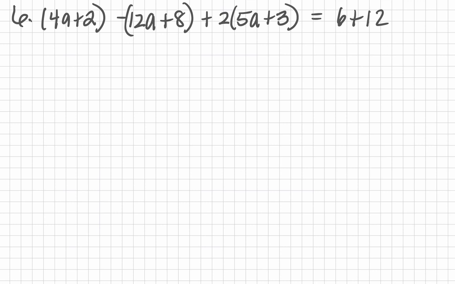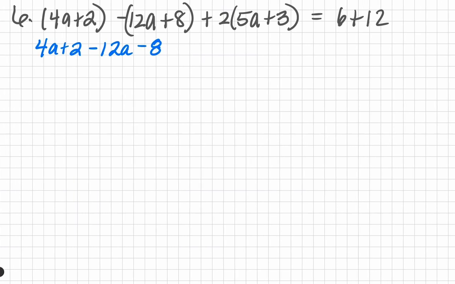Six has a few terms and has parentheses involved. This is going to require some simplification. So on the left side, we'll start with 4a plus 2. Now, I'm going to distribute this negative 1 to the inside of this parentheses. So it's going to be negative 12a minus 8. Same thing here, distribution, plus